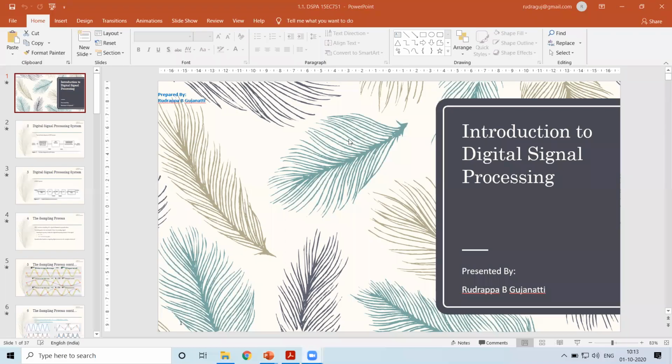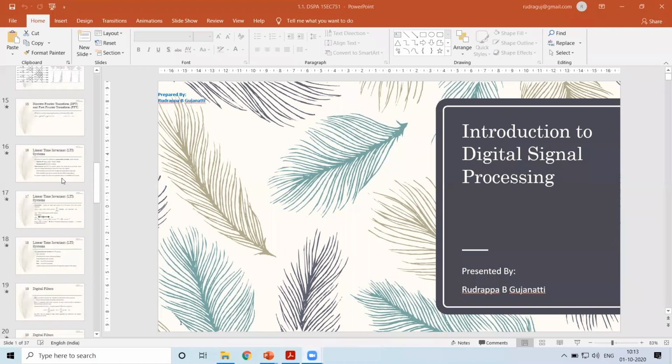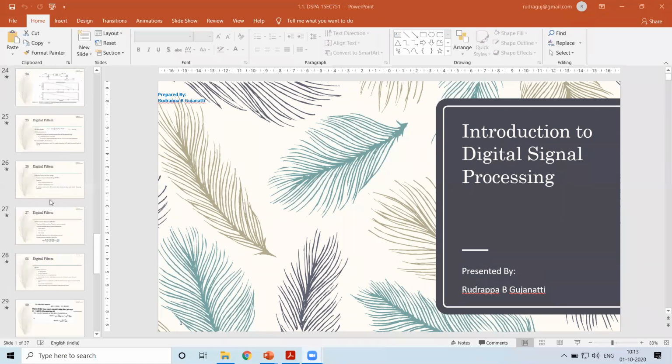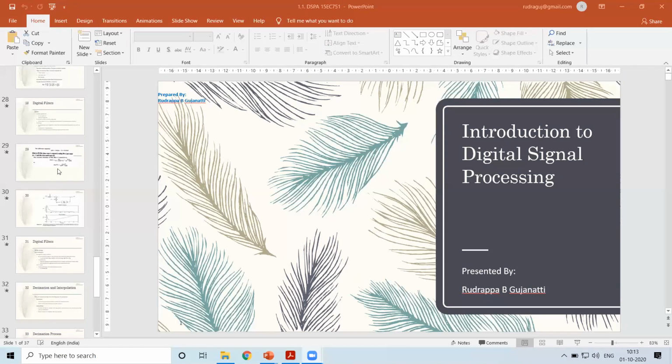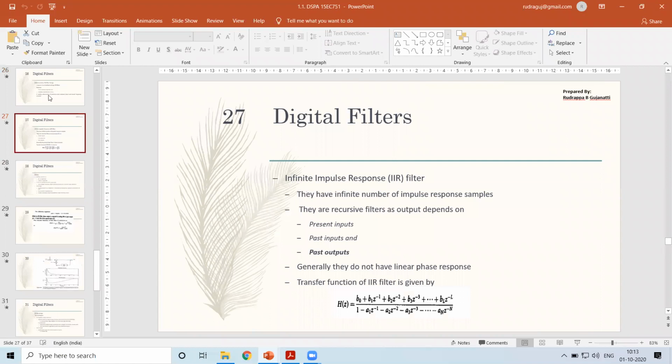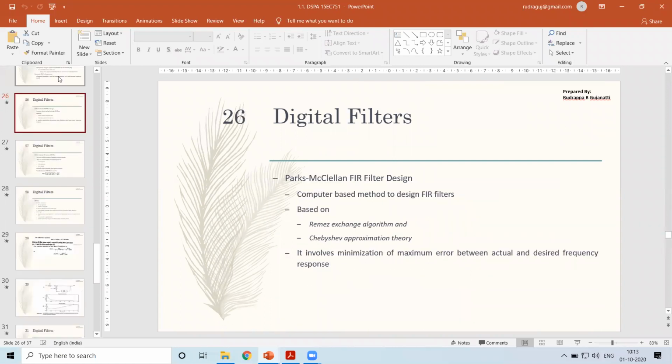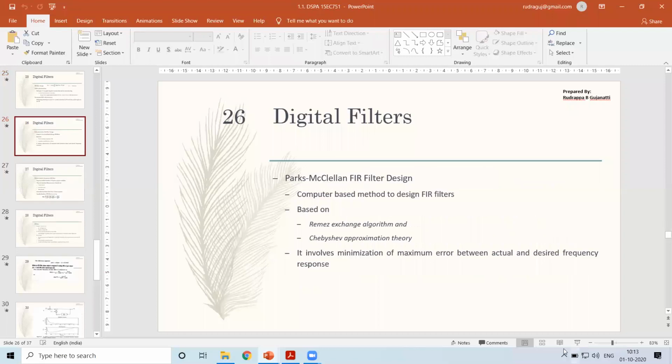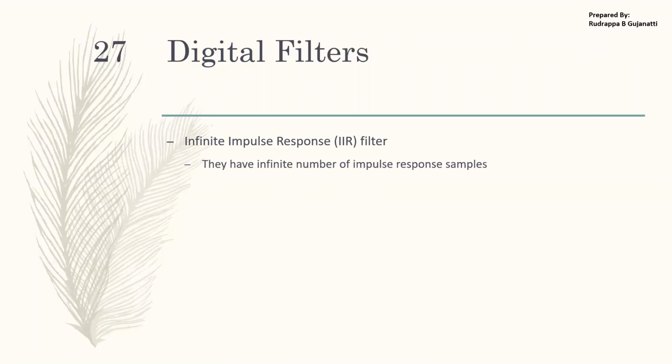In the previous session, we had a discussion regarding the FIR and IIR filters, in which we discussed one example also with respect to that. So this is the discussion we had in the previous session. We had discussed all these things. What is meant by IIR filter? Why is it called IIR filter? What happens when you want to design the filter? And what all things is it dependent on.